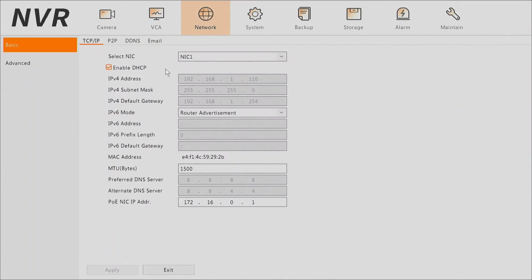Network. All right, so here's where you're going to control your network. If you don't want DHCP enabled, you can put your own IP that you want the NVR to have right here, and the gateway of your router in here. And then if you go over to